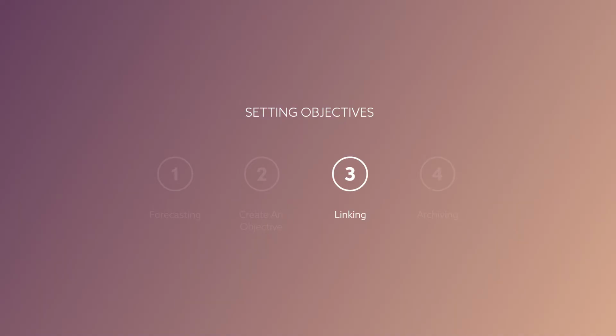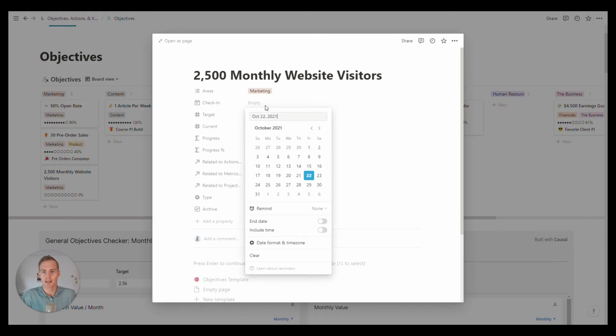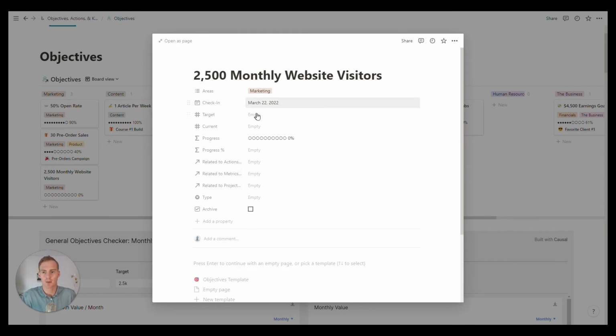So once we've opened our objective, we can set a check-in date. As we mentioned in the step before, we have set ourselves a 6-month timeline, so we can add this 6 months from now. We've set the target as 2,500 monthly website visitors. Our current value is 500. You'll notice that the progress bar updates automatically. So as of right now, we just have 2 plain integer values, and what we need to do is link